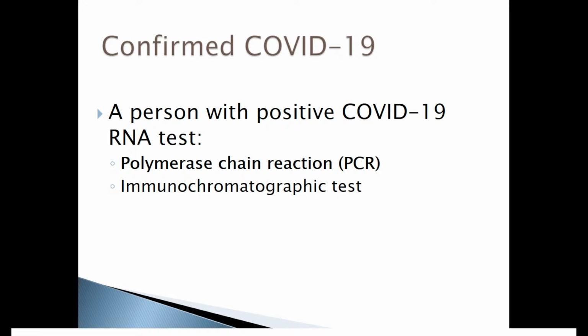Immunochromatographic test is less sensitive than polymerase chain reaction, so preferable is polymerase chain reaction. But even an immunochromatographic test that is positive with a typical clinical picture, and even without clinical picture if the patient is asymptomatic, gives the diagnosis of confirmed COVID-19 infection. It is a fast assay where the doctor may take some material from the patient, put it on some